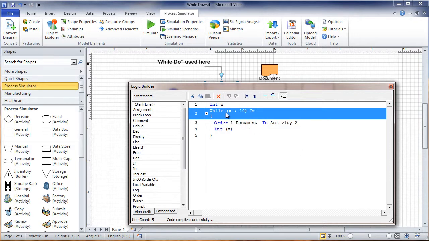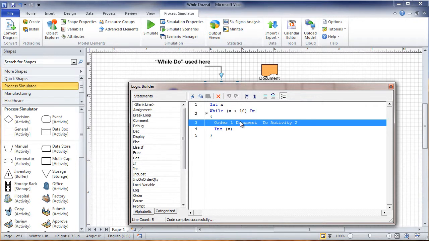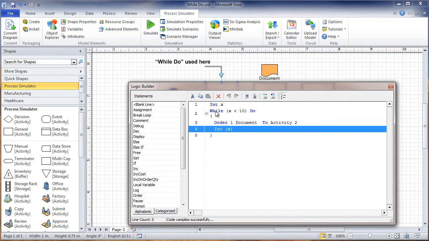And so while that local variable is less than 10, we're going to order one document to activity 2 and then increment x. So each dummy entity that comes in will stay within this while do loop until it becomes false, which in this case will be once x becomes 10 or greater. So each dummy entity that arrives into activity 1 should order 10 documents to activity 2. Since we have a total of 10 dummy entities set to arrive in this model, we should have 100 documents